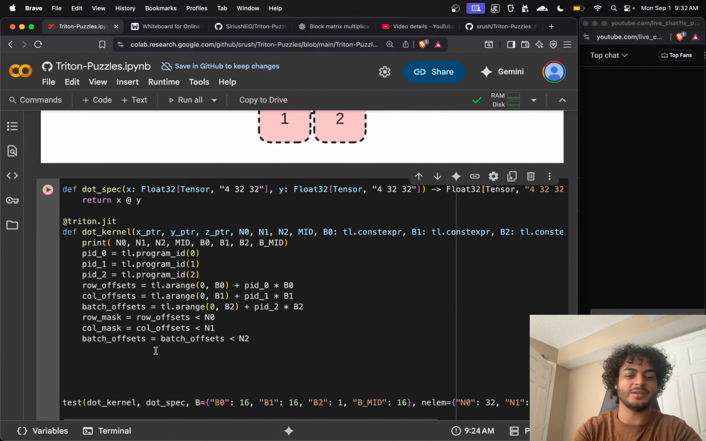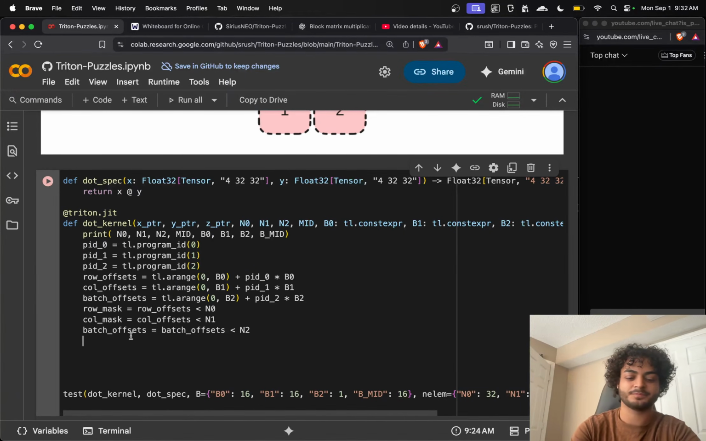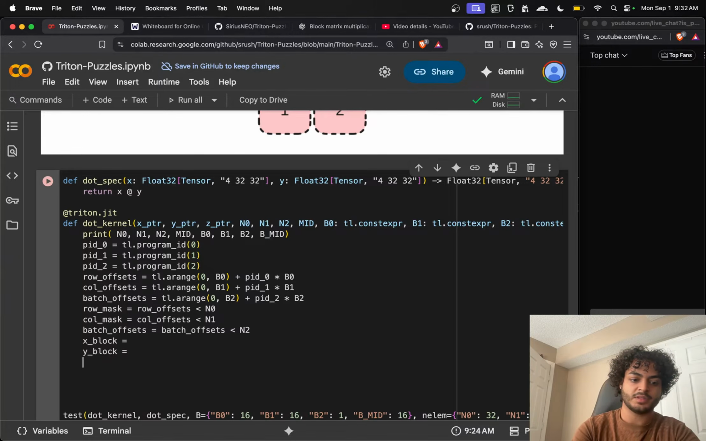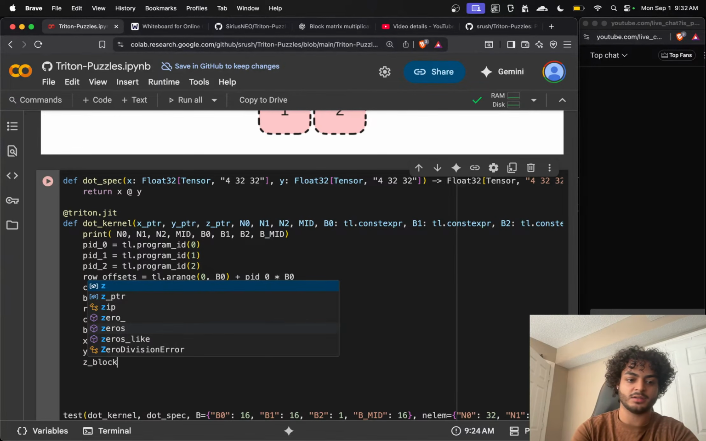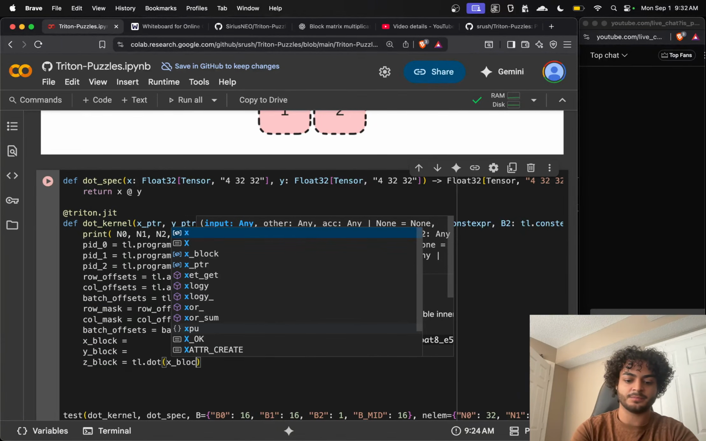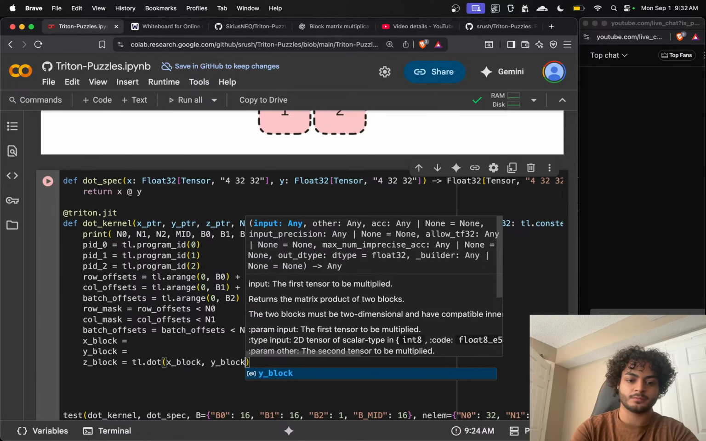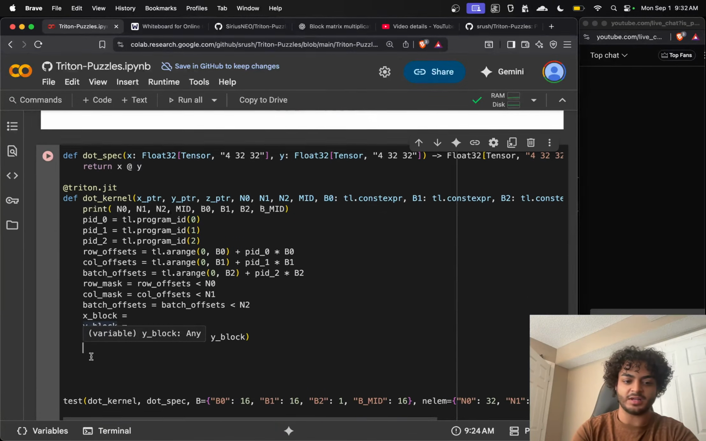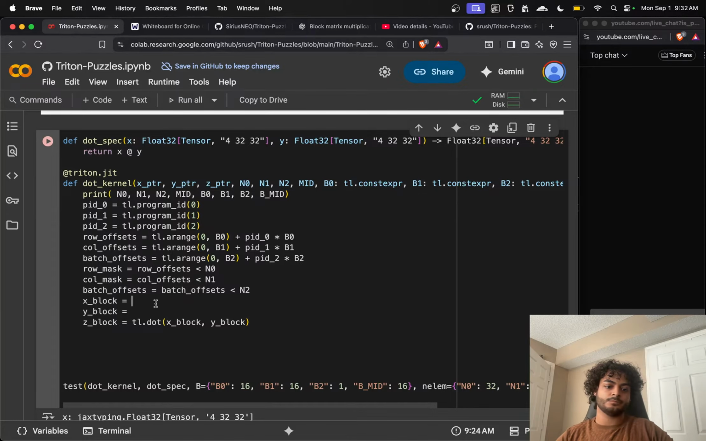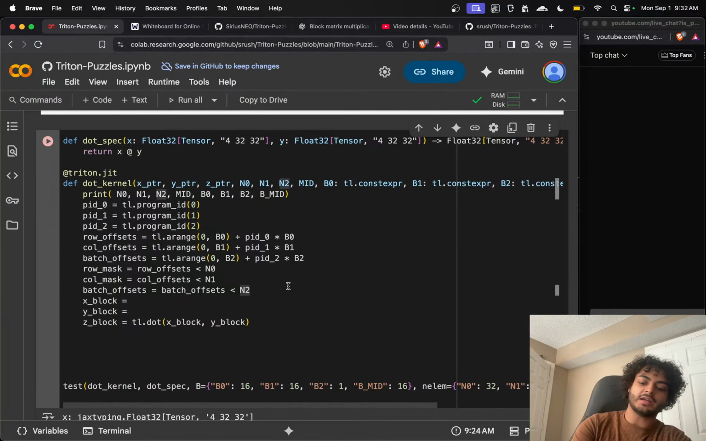So first thing is just, can we get it working? Let's do X block equals this, and Y block equals this, right? Then we'll say our Z block equals tl.dot of X block and Y block. And then we'll write that Z block, right? So first, how do we get this X block? We need to form our X offsets